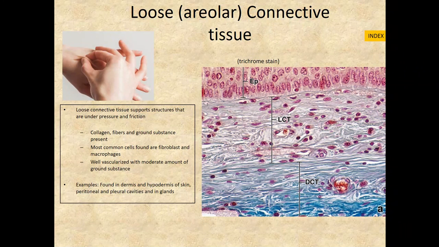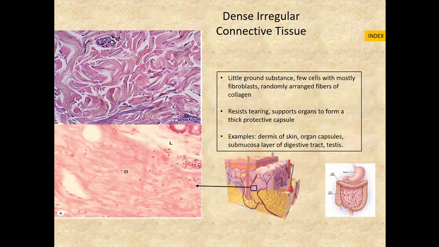Loose or areolar connective tissue is going to have cells in it and some fibers, but it's also going to have a lot of other spaces. It usually has a lot of blood vessels in it and some patches of adipose tissue in there. And so it usually is wrapped around organs, glands, underneath epithelium. Usually loose connective tissue is found to be a very prominent supporting tissue that is directly associated with epithelium and organs. And then you have dense irregular